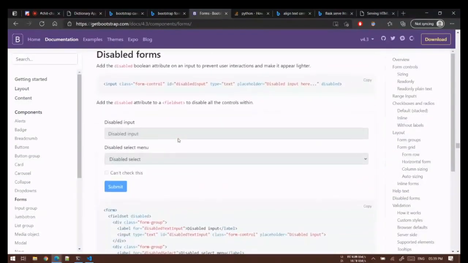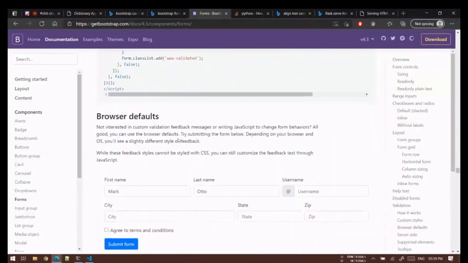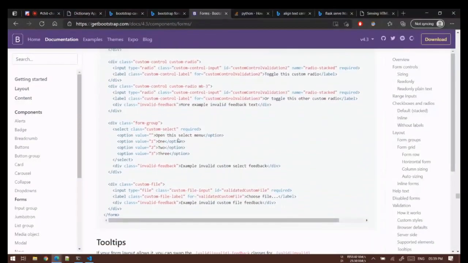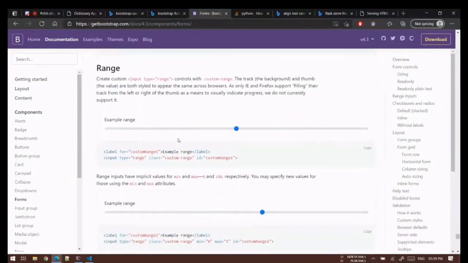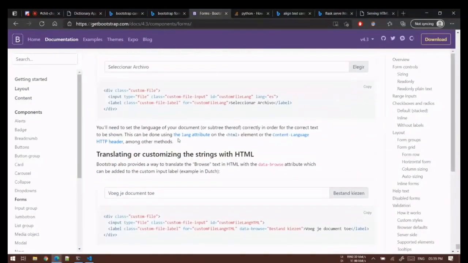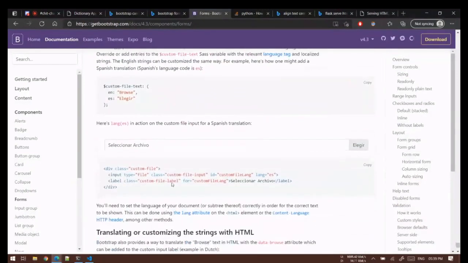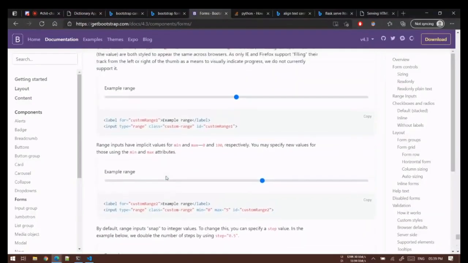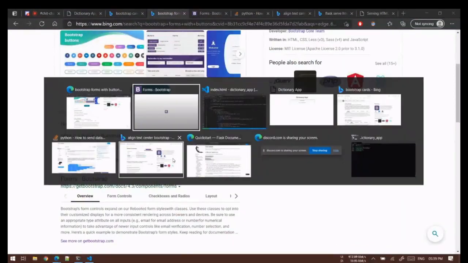Submit reference, password disabled, anchor validation. Fine.